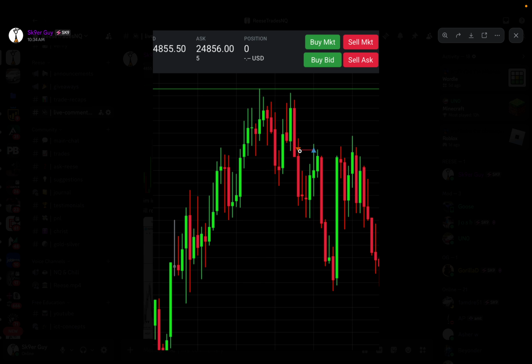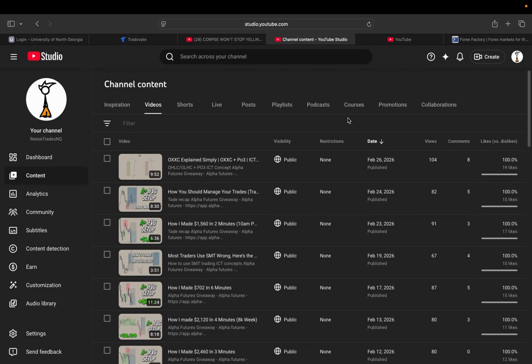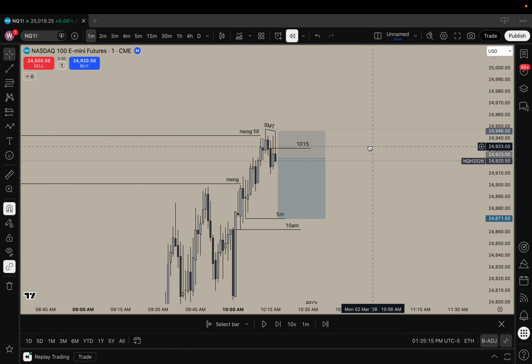And now I did get break even on this. You can see right here, I sold and then got bought up for my break even. I thought that we took this low, which we ended up not actually taking. Otherwise, this would have been a very nice trade. So going back to the chart,